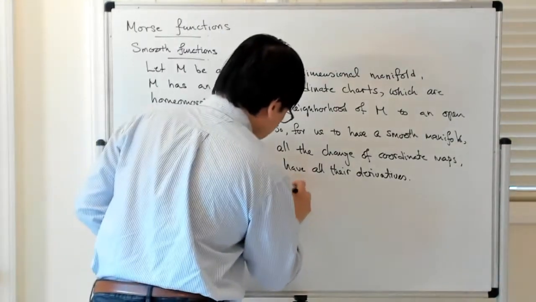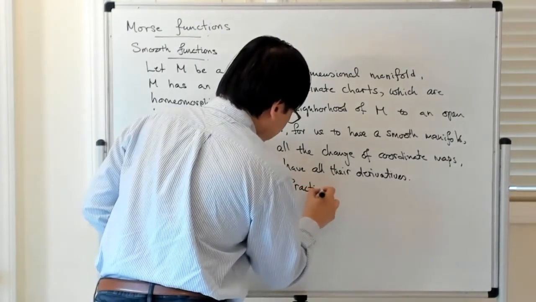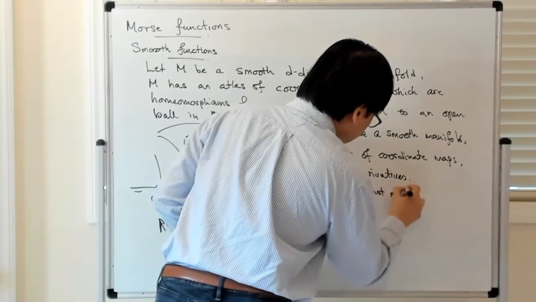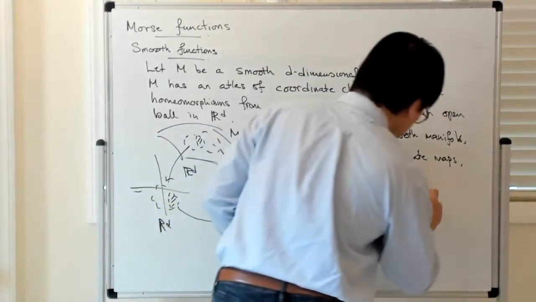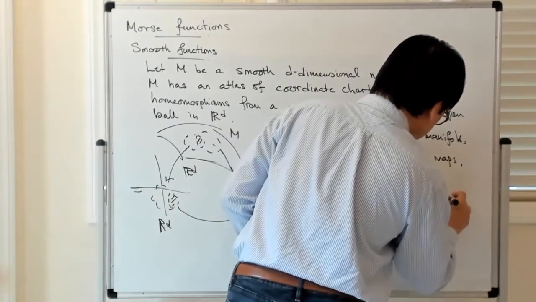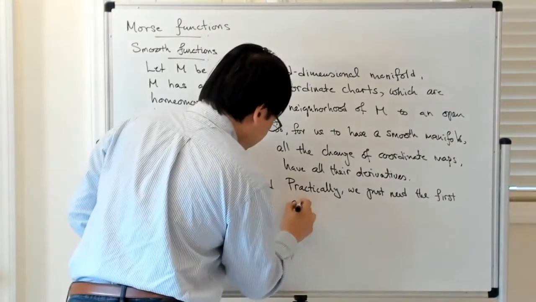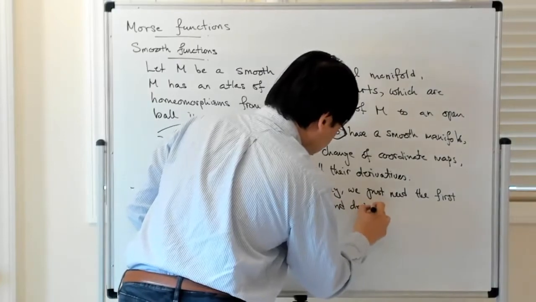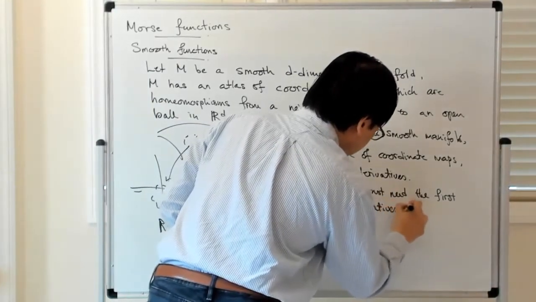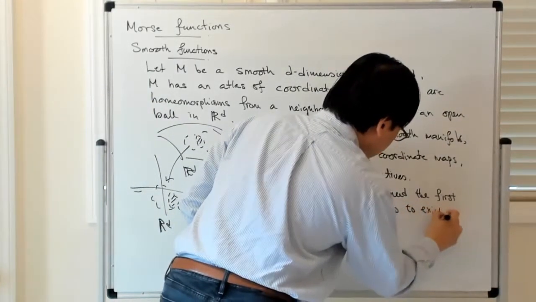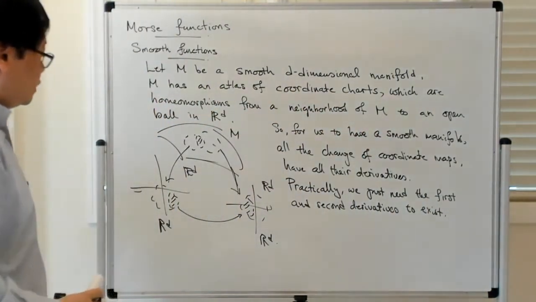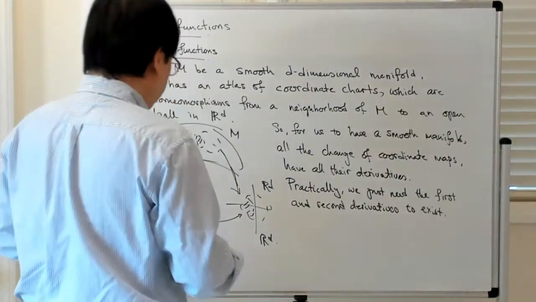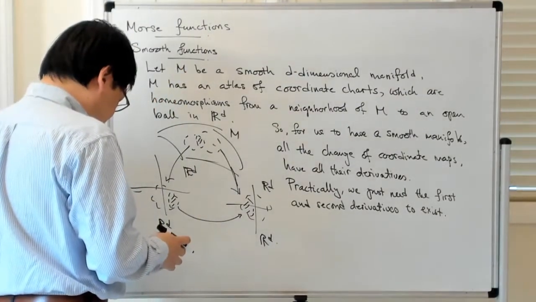So practically, we just need the first and second derivatives to exist. Okay, all right. Anyhow, so now let's say that you have